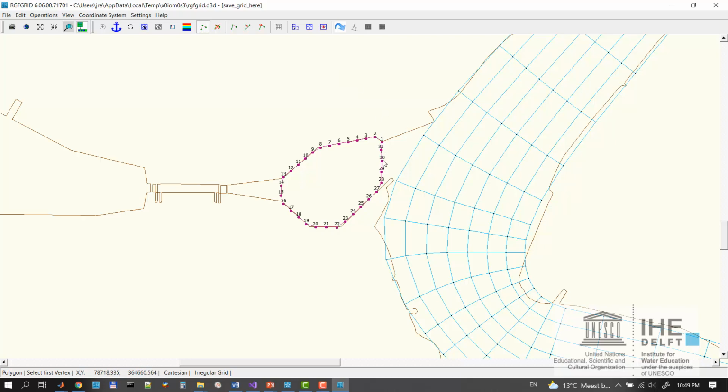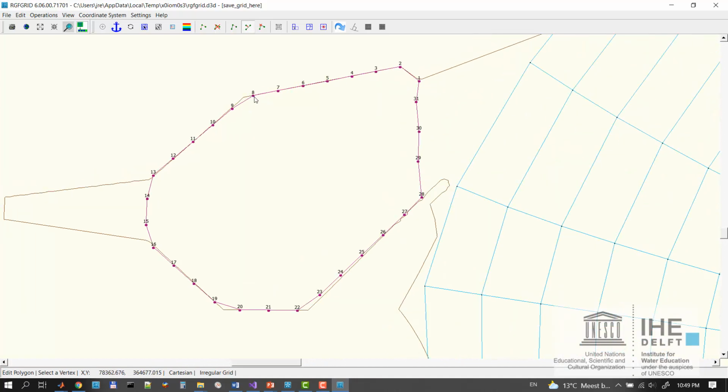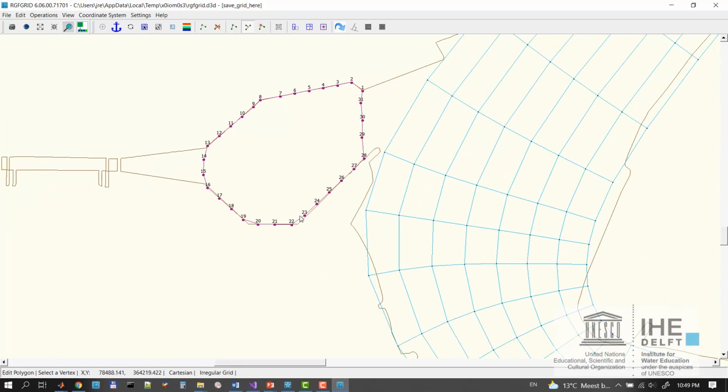Okay, so you see that now because of refinement I lost my connection with my LAN boundary here, and it's also not nicely aligned here anymore. So we can do some editing of that. We can replace a point here, zoom in a little bit, up like so, and then maybe move this little 8 here like so. So our polygon is more aligned to the land boundary. And once we have that,